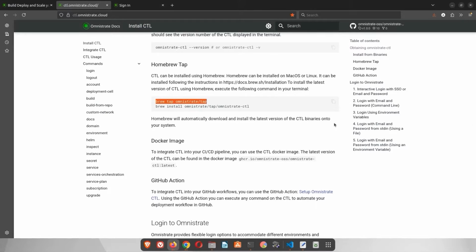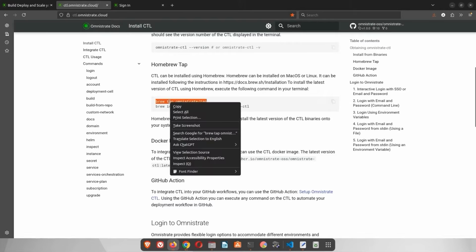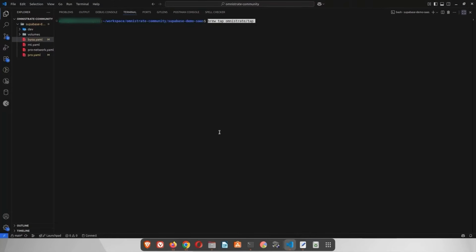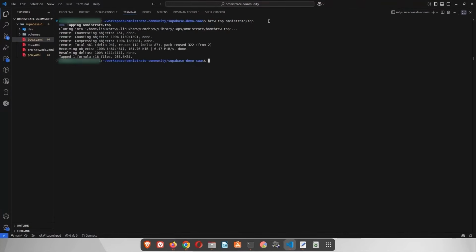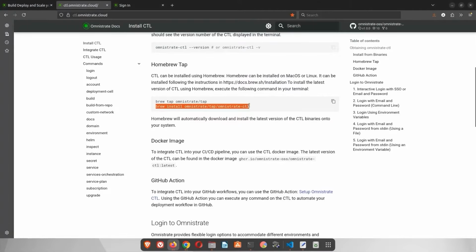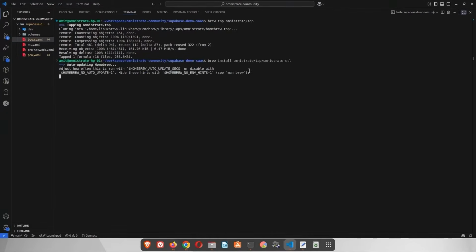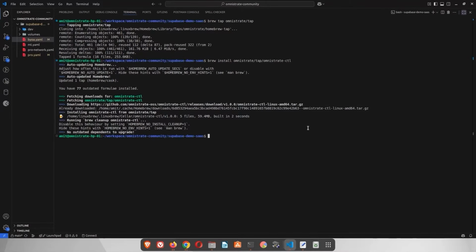First, let's install the Omnistrate CLI. We could install it using binaries or use Homebrew. In this demo, I am using Homebrew to install Omnistrate CLI on a Linux system. Once installation is complete, we'll verify it by checking its version to confirm the CLI is properly installed and accessible